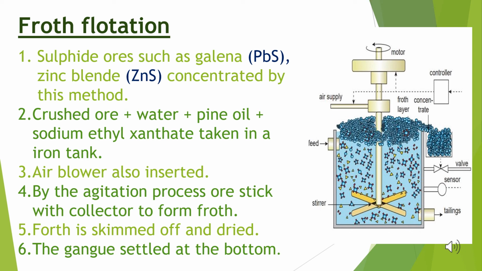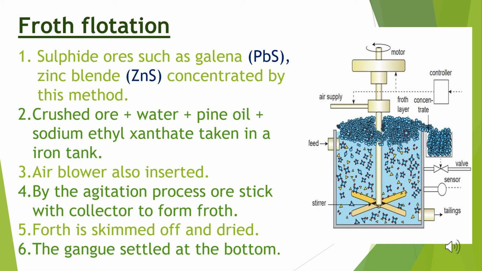Now, the iron tank consists of the impurity, the water-wetted gangue particles, which settle at the bottom of the iron tank. It can be removed. Now, I take a simple example for the concentration of